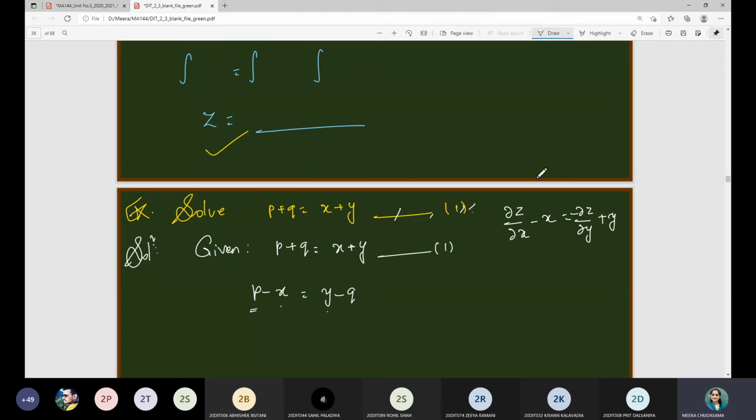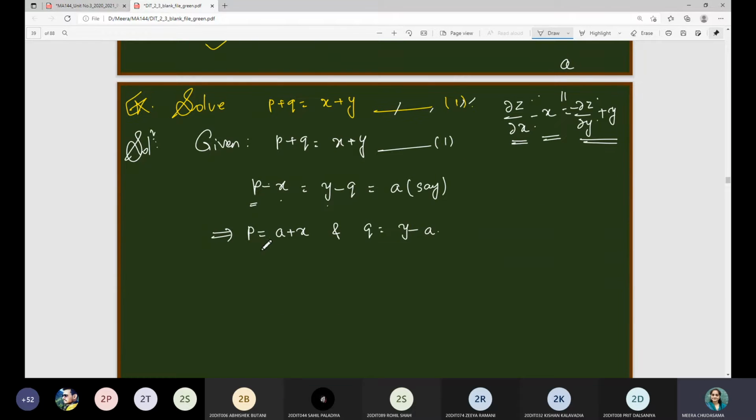So we have a function z whose partial derivative with respect to x, minus x, is the same as the partial derivative with respect to y, with its sum with the y variable. Both expressions are the same. When is this possible? Whatever function you take, sine, trigonometric, polynomial, exponential, any function, this kind of thing will happen only when this is some constant quantity. So I will write this as nothing but a constant a. From this expression now I can write p is nothing but a plus x and q is nothing but y minus a. See the step: we have evaluated p and q in terms of x and a, and y and a.